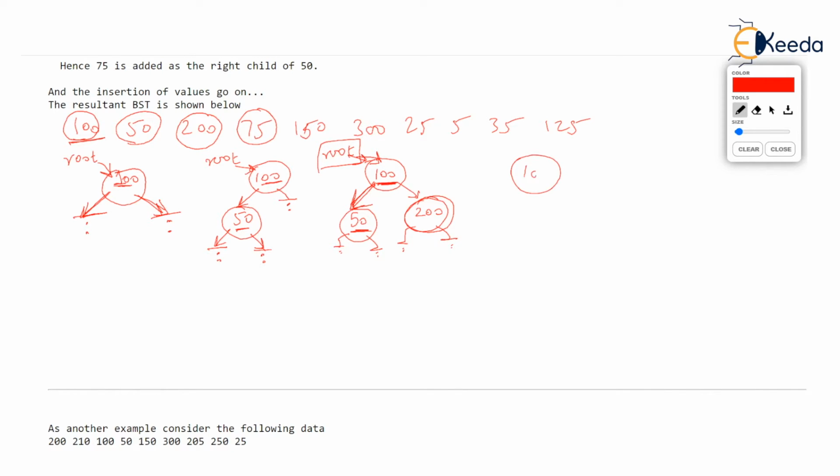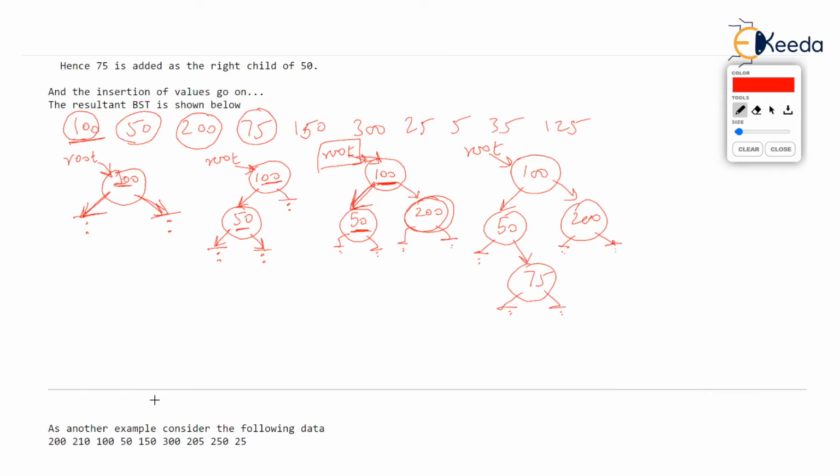So now the tree we have is: 100 is still where root points. Left of 100 was 50. Its left pointer is still null, but the right pointer of 50 will no more be null because 75 joins over there. But left and right of 75 will be null. And what about the right of 100? It was 200, whose left and right is still null.